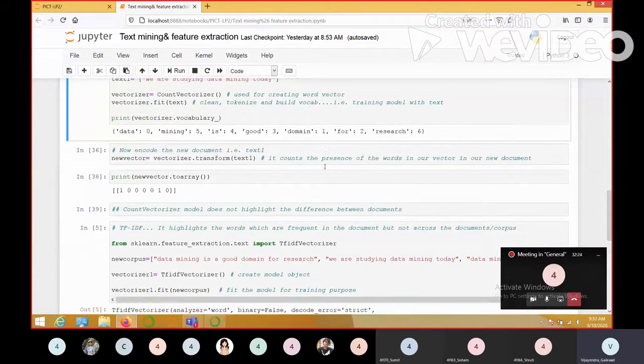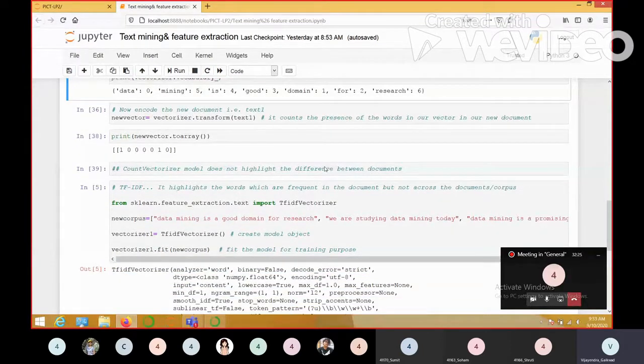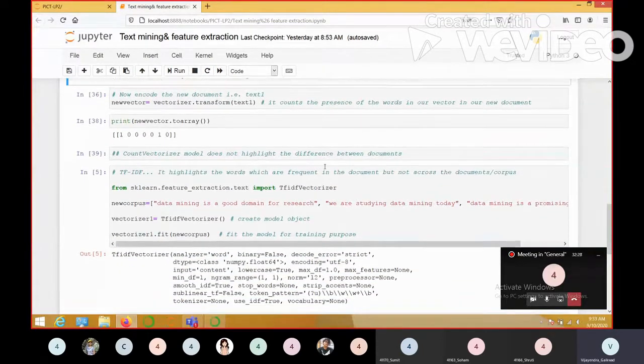Now, once we perform training, it is time for testing, right? In order to test, we will apply the newly created model, called vectorizer, over the test information present in our text1 document. The function with which we are going to perform testing is transform.